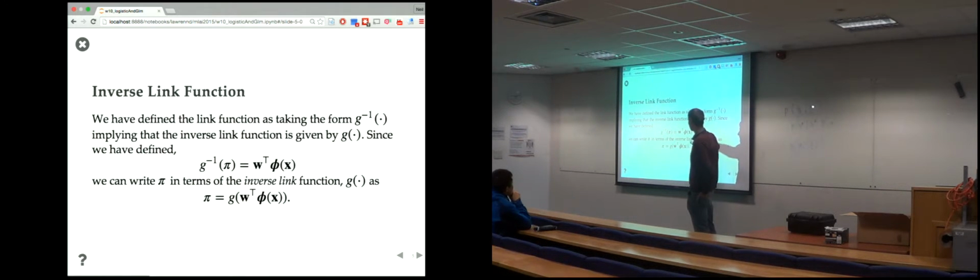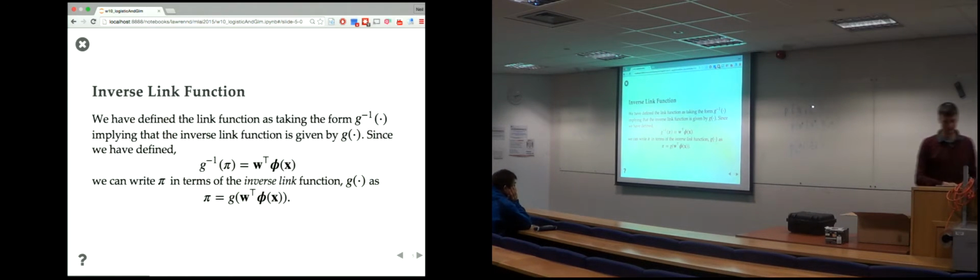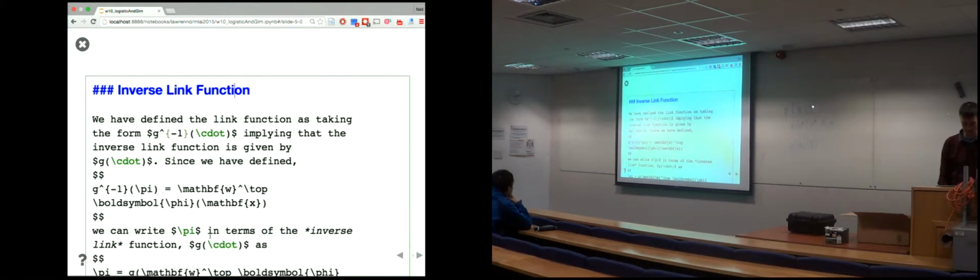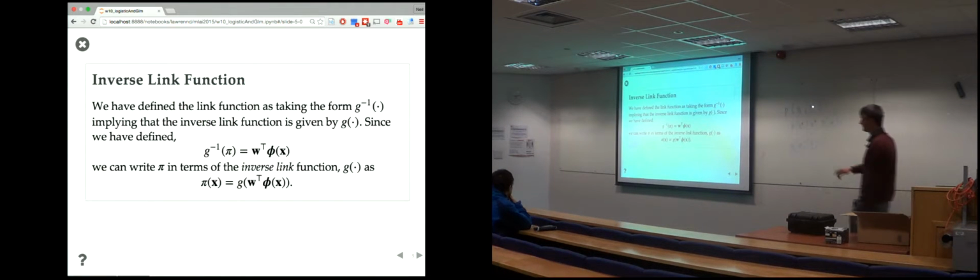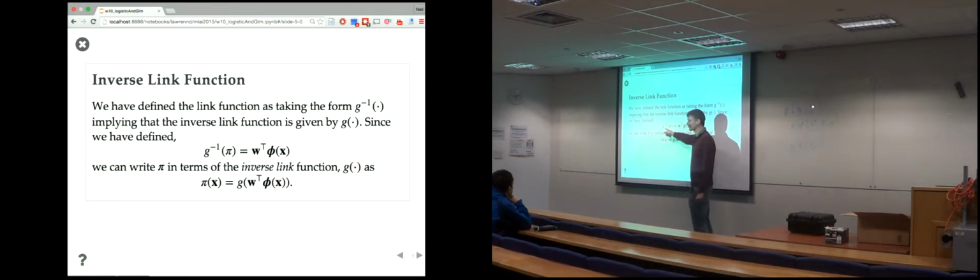And they actually wrote it down in these terms, which is quite a lot easier to think about in some respects. So this is the generalized linear model formalism, and this is called the link function. In machine learning, we often think of the inverse link function. So I've called that G. In fact, I would think of that as a transformation function, or sometimes we'd call it a squashing function, for reasons we'll see in a moment. So what we're really saying is pi, it should be pi of x here, I suppose. Pi as a function of x is equal to, obviously, the relationship above. In order to write this thing below down, I simply have to invert the function on both sides,